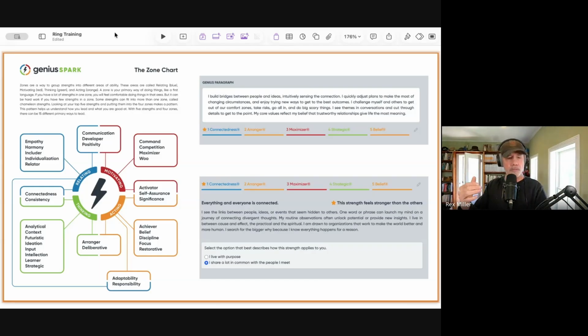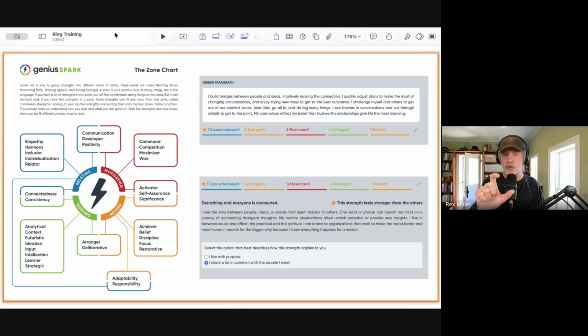Now, it can also be what we call a thinking strength, because connectedness also is able to link what looks like disparate ideas and things and sources, almost like going on Wikipedia and doing hyperlinks. They're able to see these things underneath the surface. Connectedness also happens to be one of the 2 spiritual strengths that Gallup talks about. In other words, those instincts about purpose or meaning.